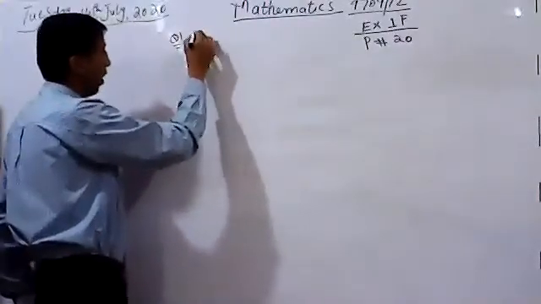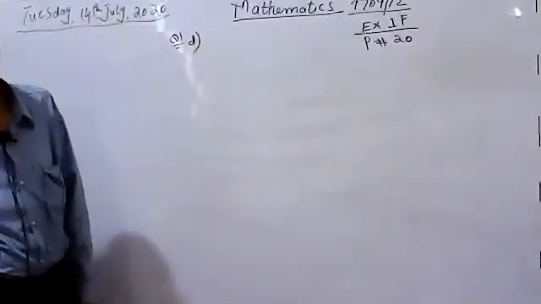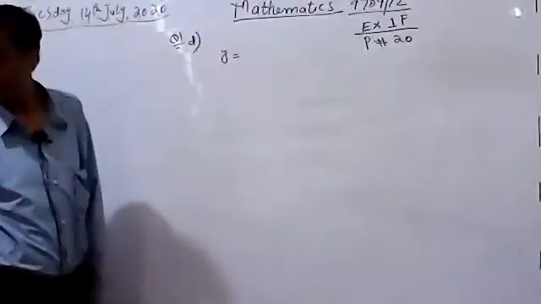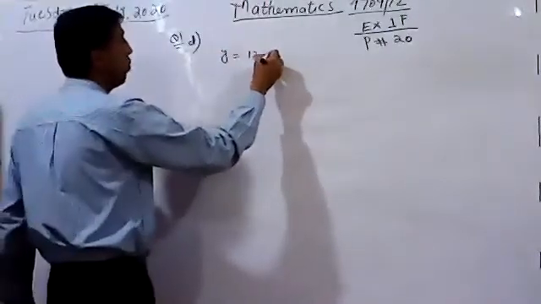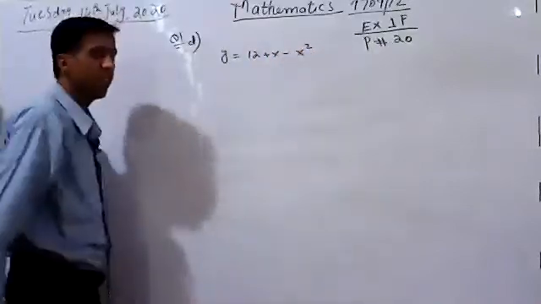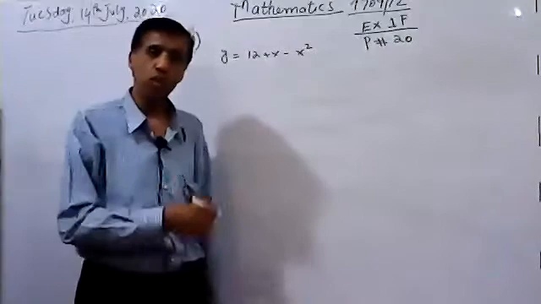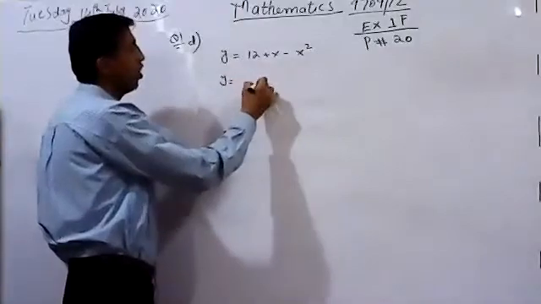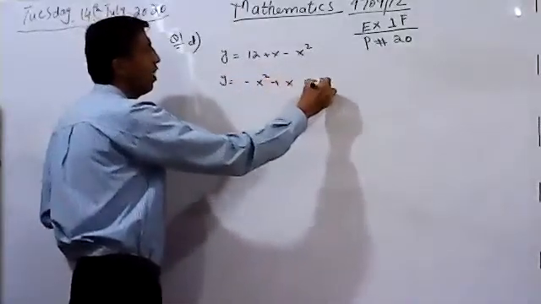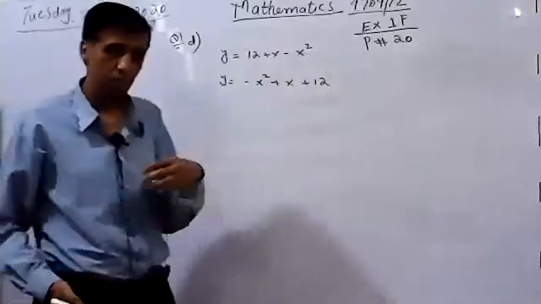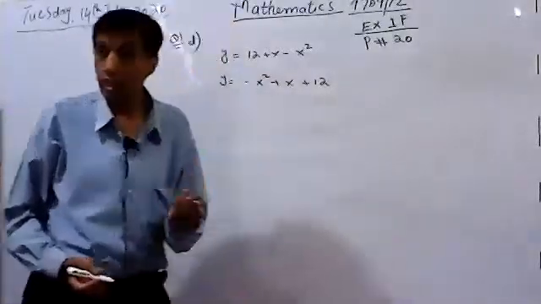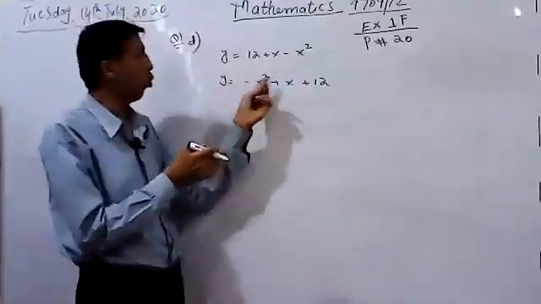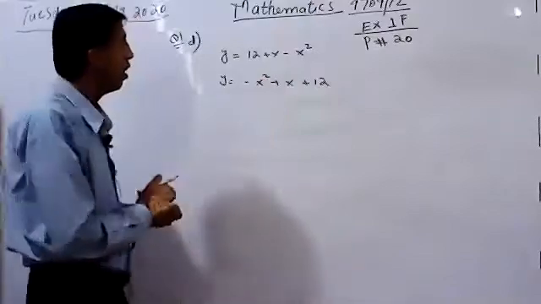I'm going to do the D part. y is equal to 12 plus x minus x square. Yesterday I told you we cannot solve this equation. First of all, we will arrange it according to the descending order regarding the power. Here the maximum power is 2, then 1, and then without x. So the first step,